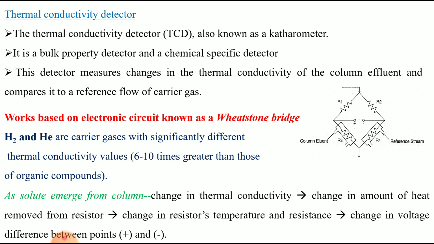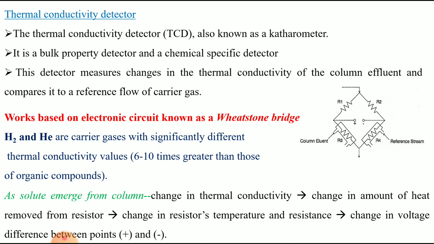So in these 4 resistors, a constant resistance is produced by R1 and R2, and the R3 resistor is exposed to the column effluent or eluents, and the R4 resistor is exposed to the reference stream of carrier gas. Initially, only the carrier gas is passing through the column. That's why the carrier gas is present at R3, and at R4 also the carrier gas is present. So there is no change in the thermal conductivity of these resistors, and there is no